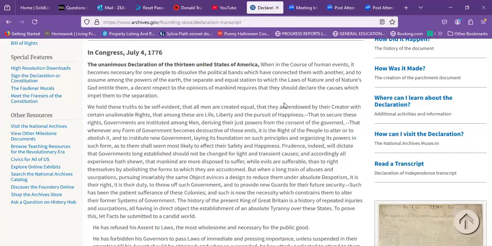We hold these truths to be self-evident, that all men are created equal, that they are endowed by their Creator with certain unalienable rights, that among these are life, liberty, and the pursuit of happiness, that to secure these rights, governments are instituted among men, deriving their just powers from the consent of the governed, that whenever any form of government becomes destructive of these ends, it is the